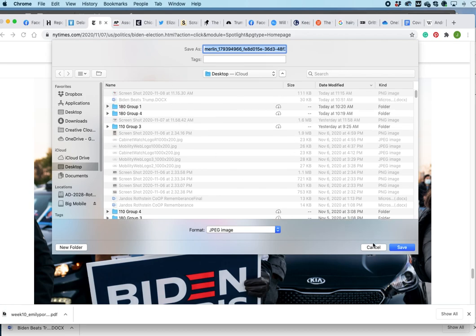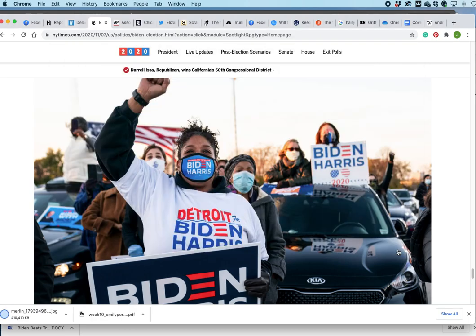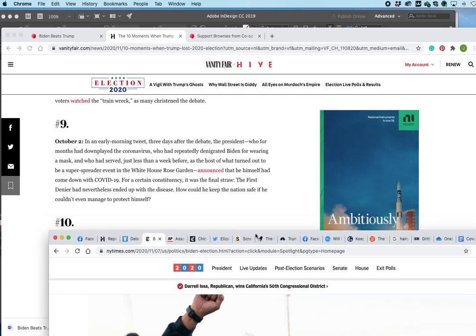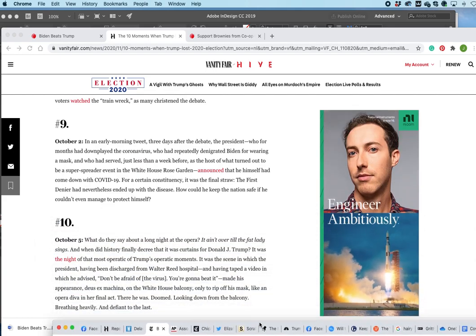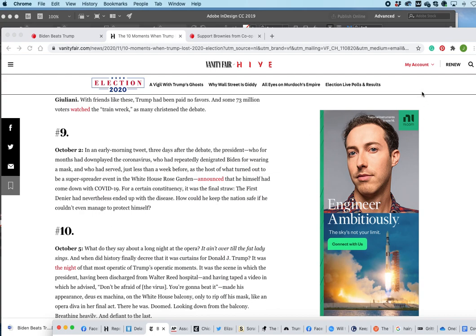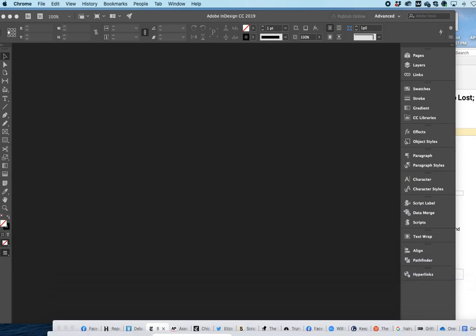I'm just going to save that to my desktop. There are also the other sites and sources of free stock images that I showed you. Most of them will have food if you decide to do something food related or cake related, and you can get an image from anywhere.